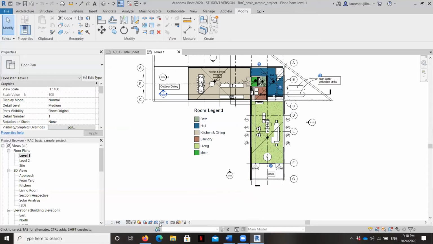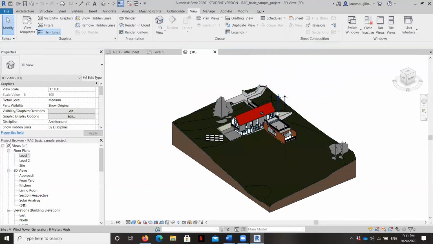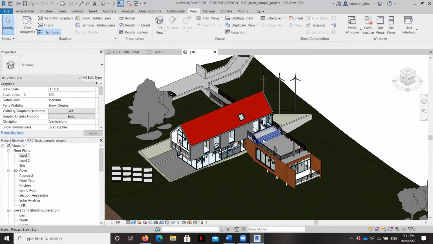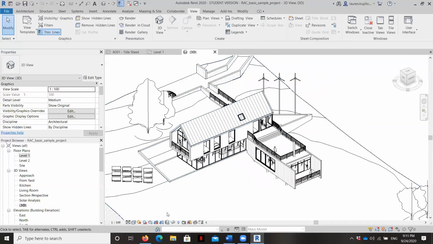These are the view settings. And so Revit allows you to view your model in lots of different ways. So we can see it in a sort of cartoony rendered view. We can see it in a hidden line view. For example, if I go up to View and I can see my 3D view. Okay, so this is as realistic as it can get within Revit. If you want it to be a photorealistic rendering, we have to export it. But you can see here that I can adjust the view to make it hidden line, and then it's just a black and white drawing.